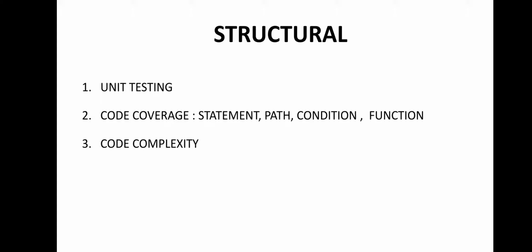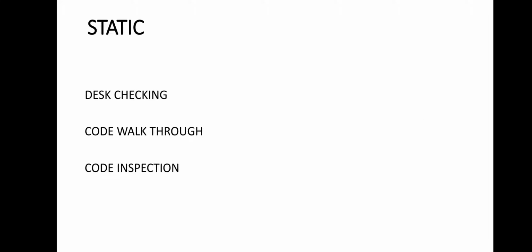This is the first kind of testing, that is static testing, and it is categorized into 3 subtopics: desk checking, code walkthrough, and code inspection. So when we talk about static testing, it is a type of testing which requires only the source code of the product, not the binaries, no executables. It does not involve executing the programs on computers, but involves select people going through the code to find out some important things, like whether the code works according to the functional requirements or not.